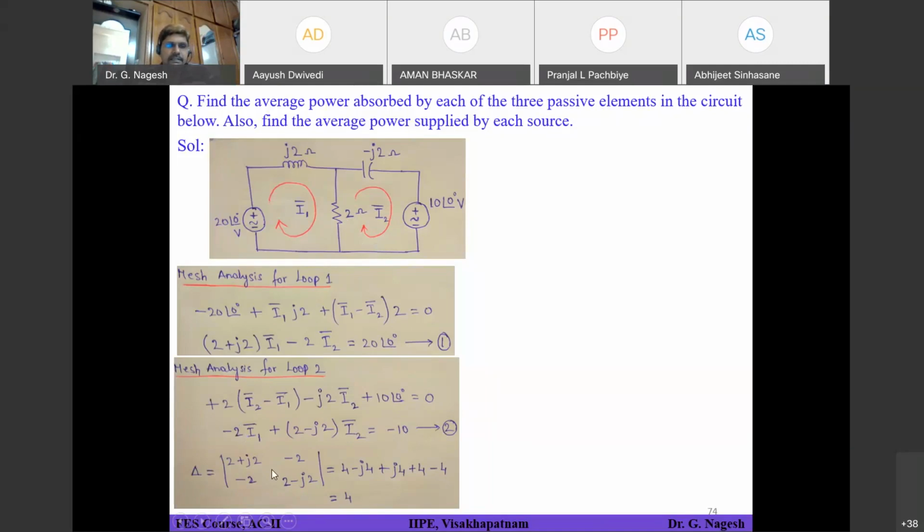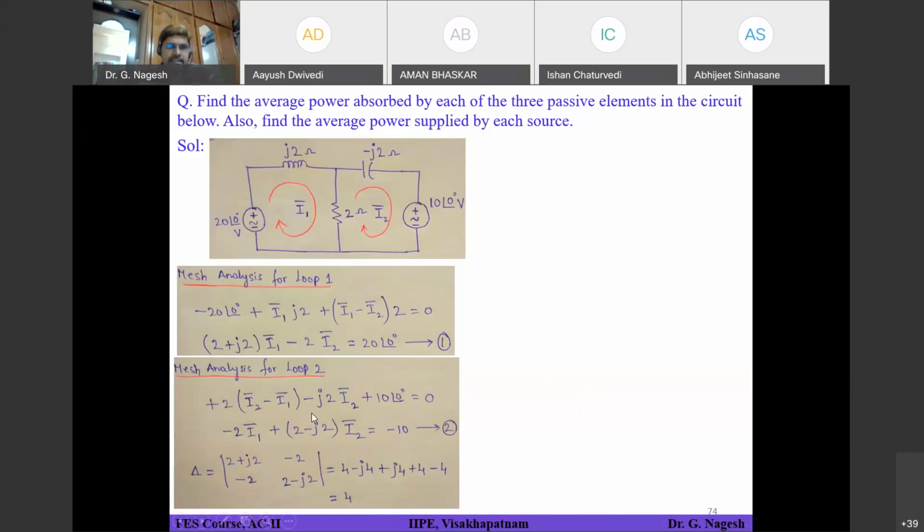Okay, so after that you can calculate. Sir, I got 80 watt and 49.5 watt. Power delivered, 80 watt and 49.5 watt. 80 and 49.5. Okay, so that is the power. Which power you are talking about? Power delivered from the source, sir? Power supplied from the source. Okay, power supplied from the source. Okay, let's see whether my answer is matching with yours or not.